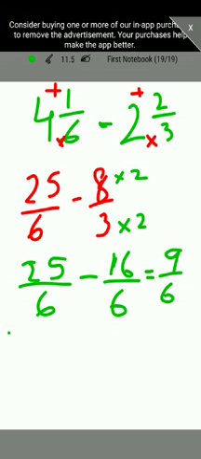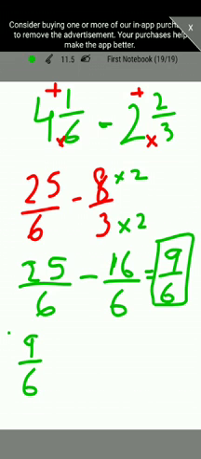Now this 9/6 is again an improper fraction. So first of all we are going to try to reduce it. We can see both of the numbers have a common factor. We are going to reduce them by dividing by 3, because both can be divided by 3. In the table of 3, when do we get 9? 3 threes are 9. In the table of 3 we also get 6, 3 twos are 6.